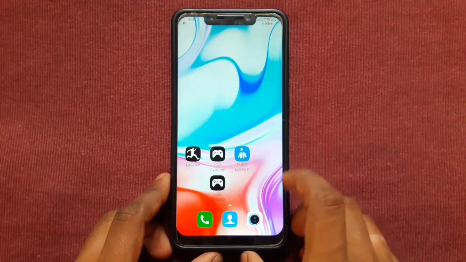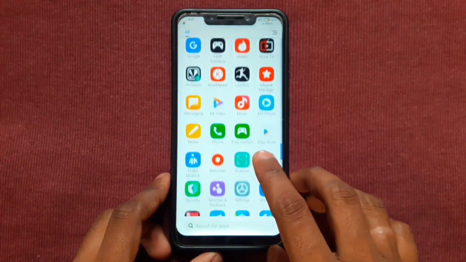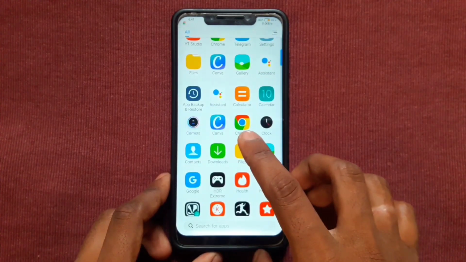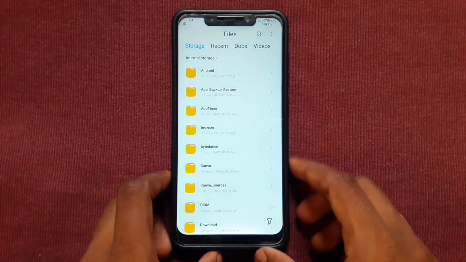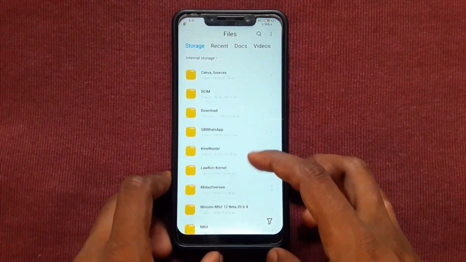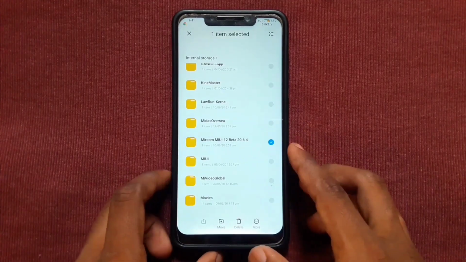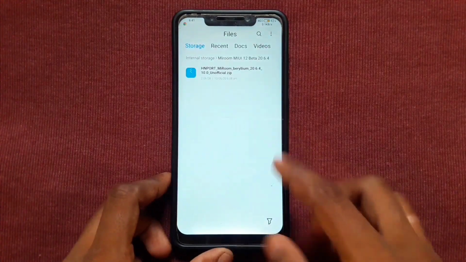First you need to download the ROM from the given link, create one folder in your phone storage and move the file to that folder like this. In My Files, here you can see I just created one folder, because it's easy to find while flashing the ROM in TWRP. You need to flash TWRP before doing all this.